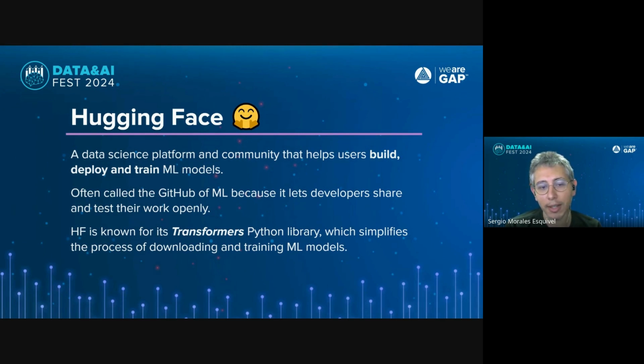It is often called a GitHub of machine learning, not only because it lets developers share and test their work openly, and it is very open source in that sense, but also because its UI visually looks a lot like GitHub, which works for us because I assume that as developers, we're going to be very familiar with that sort of interfaces, and not only GitHub, but GitLab or whatever version control UI you are familiar with. It's going to look a lot like that, and it's going to allow us to